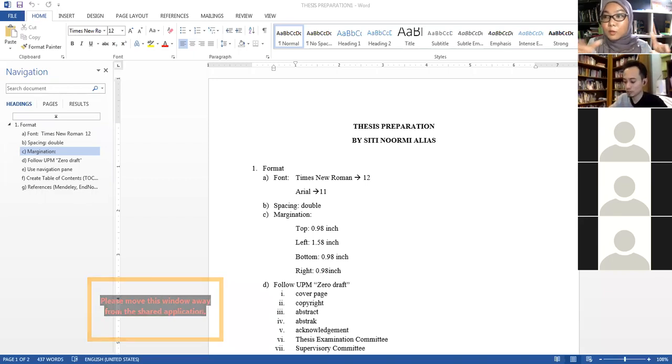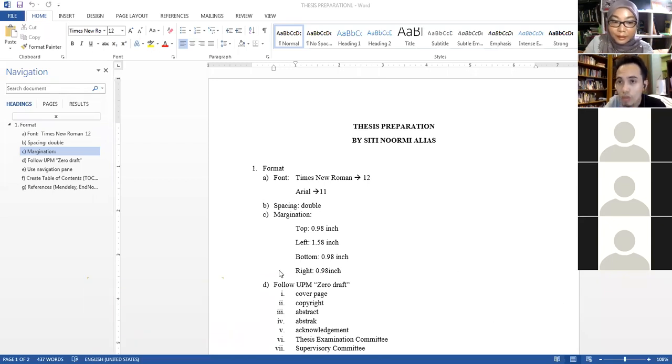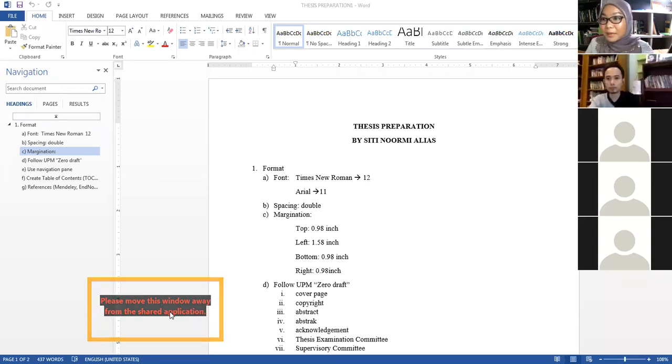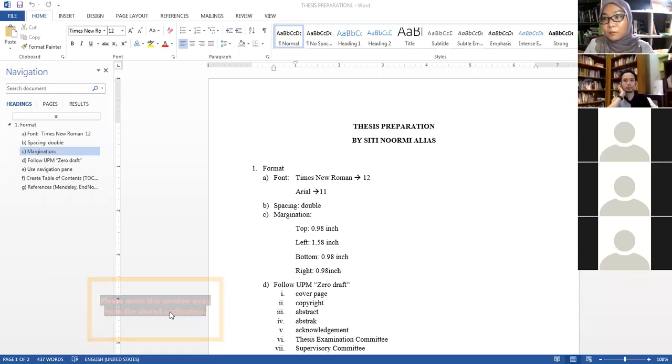This is part of your process to prepare your chapters 1 to 3. When you combine all these assignments later, you are going to have your chapters 1 to 3. Later I will share with you the actual assignment. The weekly assignment given by Dr. Ismi is part of the process to prepare the whole chapters 1 to 3. Dr. Ismi just gives it to you one by one so that you are not confused.